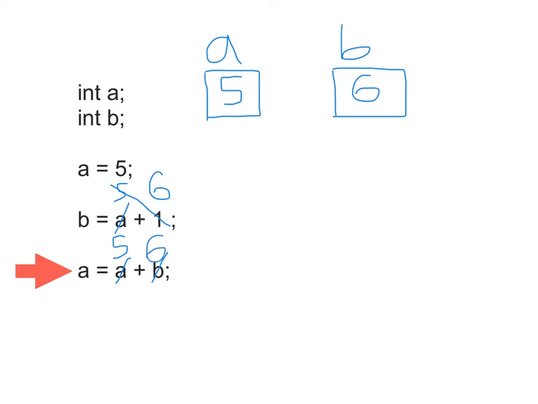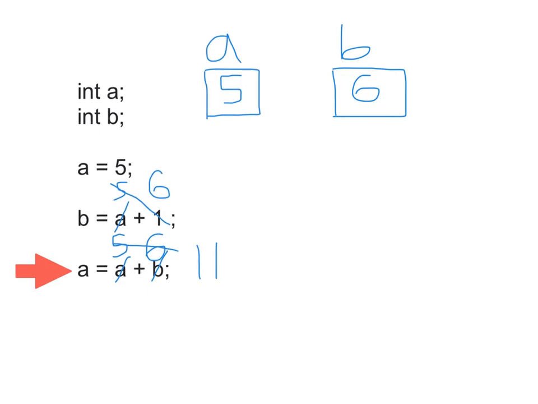And now we have the expression 5 plus 6. So the expression 5 plus 6 evaluates to 11. So really this statement reads a is assigned the value 11, and so we remove the 5 that was in a before and write in 11. And so at the end of this piece of code, the value of the variable a is 11, and the